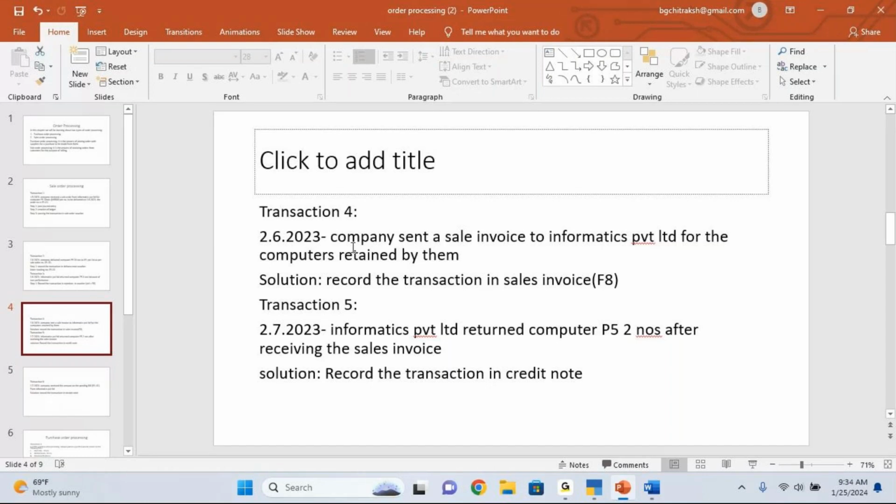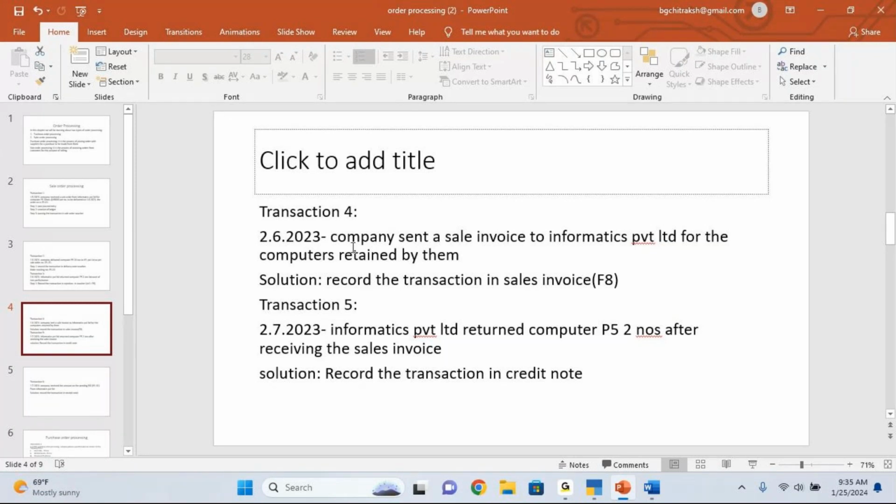So first we received an order. Okay, first we received a sales order. After that we are delivering the stock items because we had an order, right? So we are delivering the stock items to the customers. After that the customer is returning back some stock items. So we received the stock items back, and